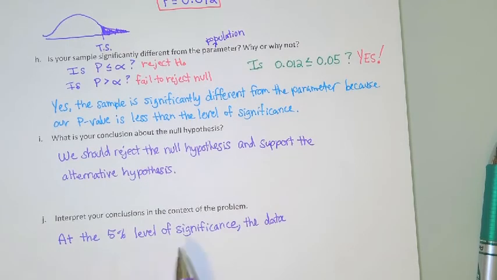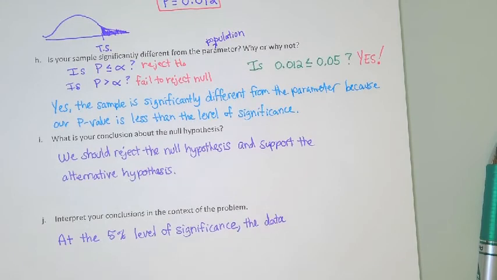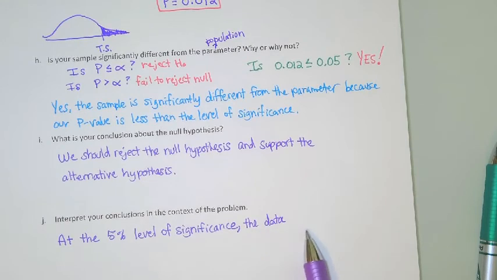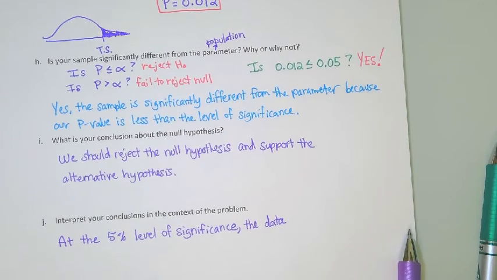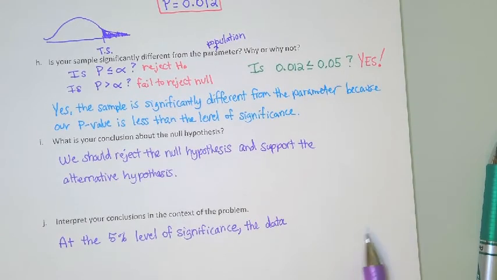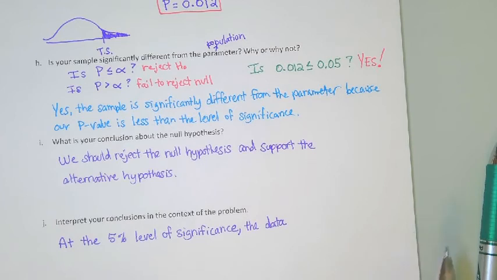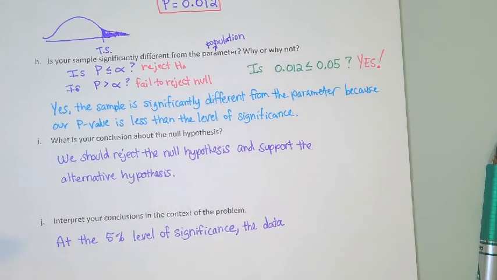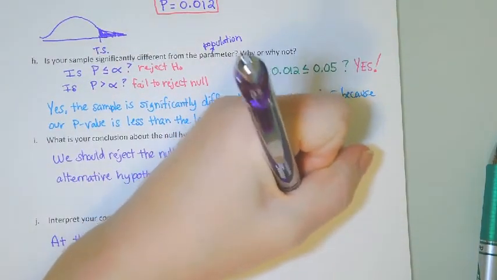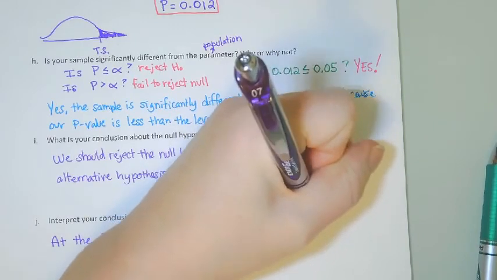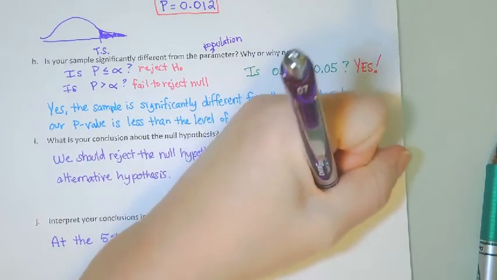Here I'm trying to explain our solution in everyday language. I don't want to just say the data support the alternative hypothesis, but I want to explain what the alternative hypothesis was. So I'm going to say the data support the claim